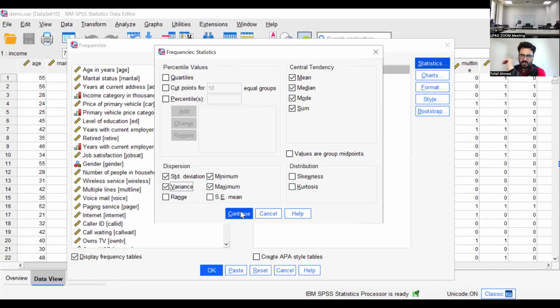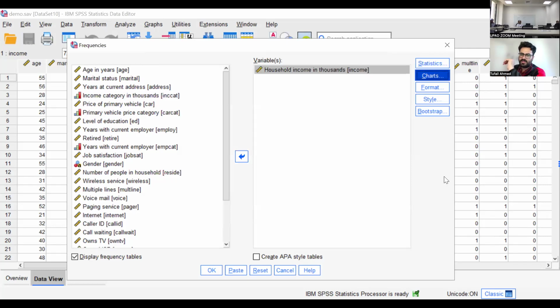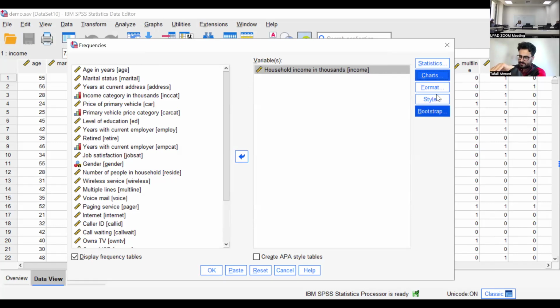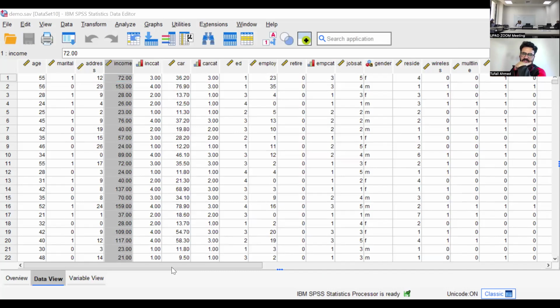I can use them all. I also want to build a chart. What kind of chart do I want? Let's say I want a bar chart. Leave the rest and click OK. I hope the output is still visible. Not yet. Here is the output.